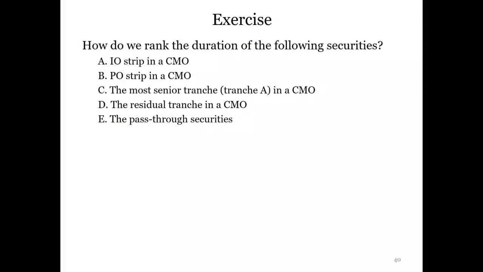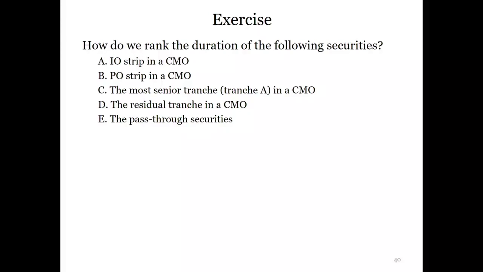Tranche A, remember, I've told you tranche A has an average life of 1.5 to 3 years. Really short, right? Their duration is gonna be short. Whereas for pass-through securities, you receive constant payments all the time, so much longer maturity. So the second shortest duration is gonna be tranche A, definitely. The next. So we have pass-through and PO. How do we compare the duration of pass-through securities and PO strip? Which one is gonna be shorter? PO? No. It's actually pass-through securities.